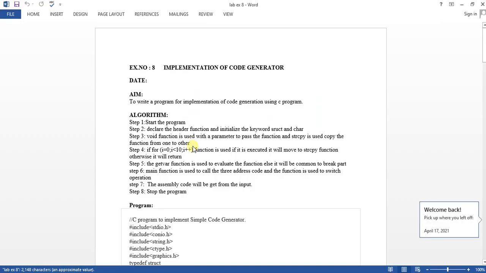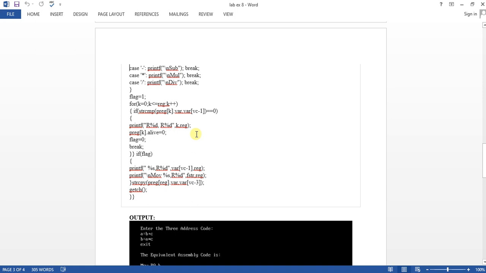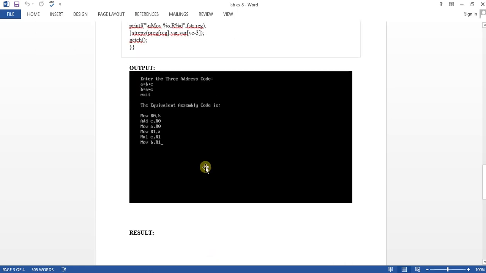Next, the 8th experiment: implementation of a code generator. This program works as usual: we copy the program, save it as .c, and run it inside Turbo C++. If we run this, it asks us to enter the 3 address code, any expression.